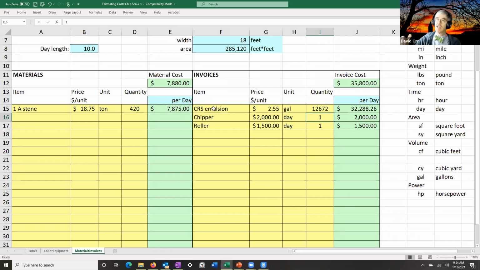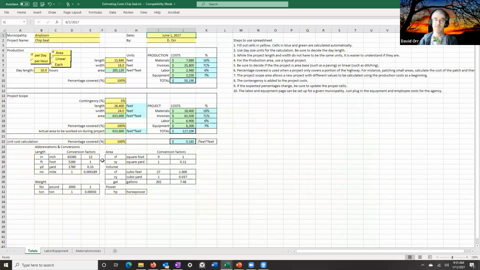What's neat about this process is by setting this all up, I can then come back in here and see what happens if I increase my productivity and do some what-if games. So right now, if you look, my production rate is about 3 miles. In fact, it actually calculates to 3 miles, and I'll blow that up a little bit so you can see.